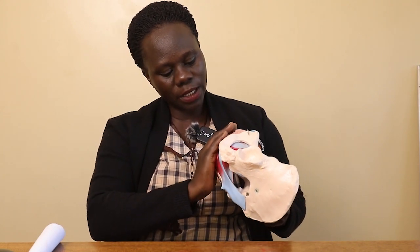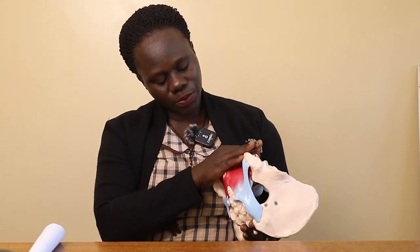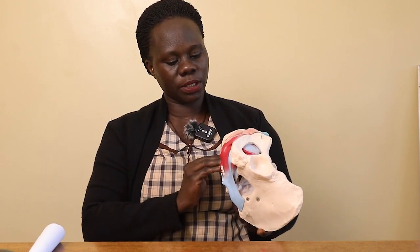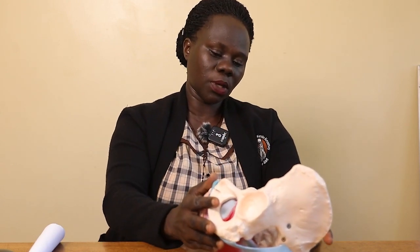So the pudendal nerves are the nerves that supply the perineal body, this part that is triangular in shape, this part here. We are saying that by structure it is made up of the skin, superficial pelvic floor muscles, and the deep pelvic floor muscles. When we look at the functions of the perineal